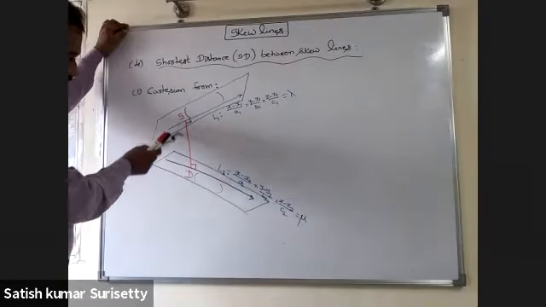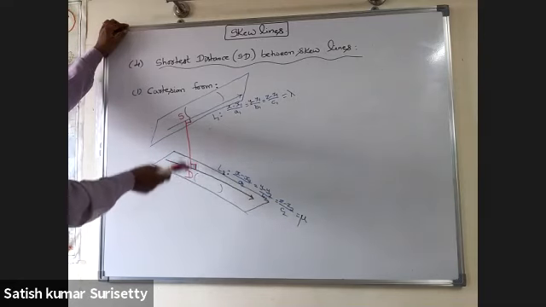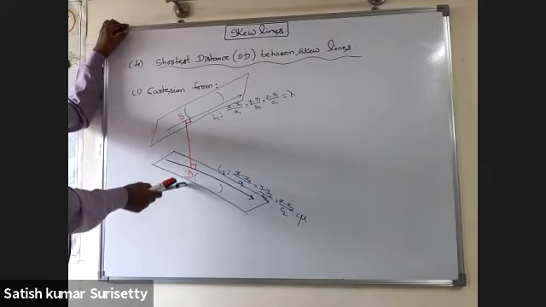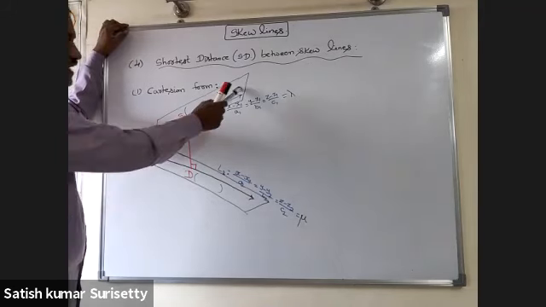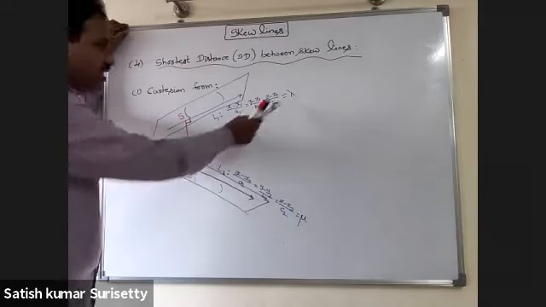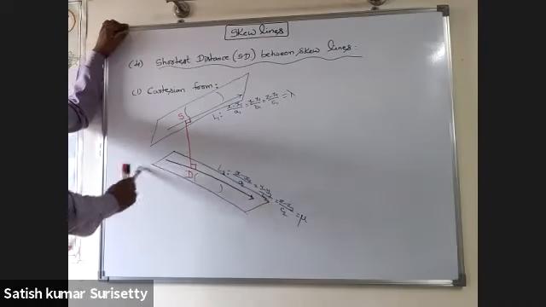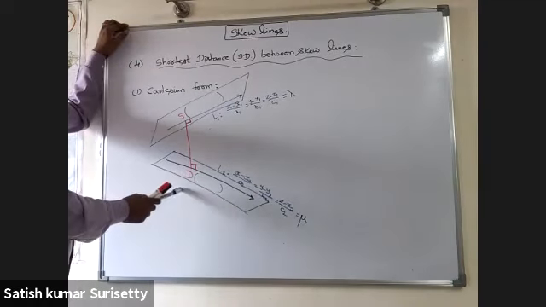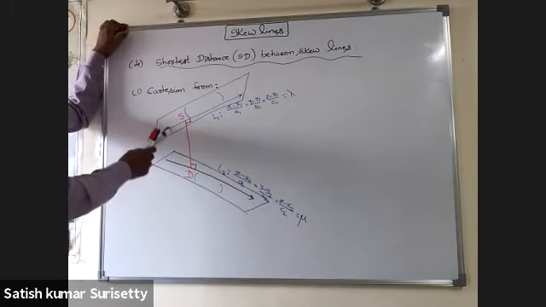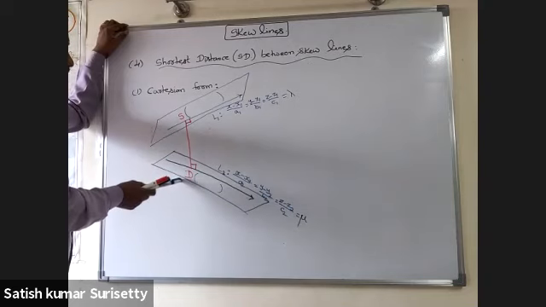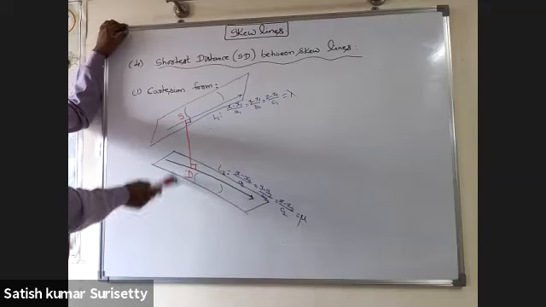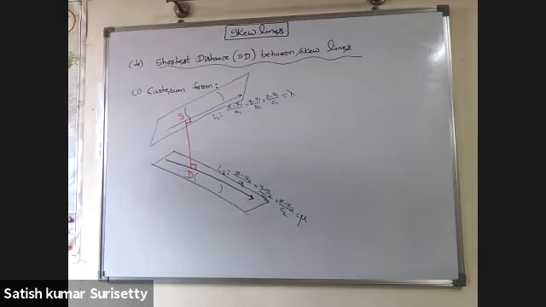Then you can calculate the direction ratios of SD bar, that is the difference of x coordinates, difference of y coordinates, difference of z coordinates. Since SD bar is perpendicular to line 1, the sum of the products of direction ratios is 0, so we get one condition between lambda and mu. SD bar is also perpendicular to line 2, so we get one more equation in terms of lambda and mu. By solving for lambda and mu, we get the coordinates of S and D. Using these points, we can calculate the length of the shortest distance as well as the equation of the line of shortest distance.